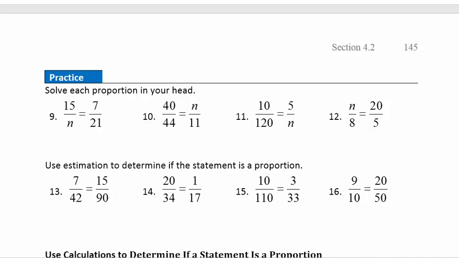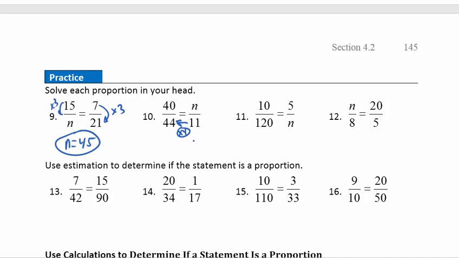All right. Practice question 9. Looking for some sort of relationship here. Let's see. Not a good one across the fractions, but here it's times 3. So we want to multiply the other side times 3 as well. So that's going to give us that n is 45. All right, question 10. Not a good relationship going numerator to denominator, but across the fractions here, that is times